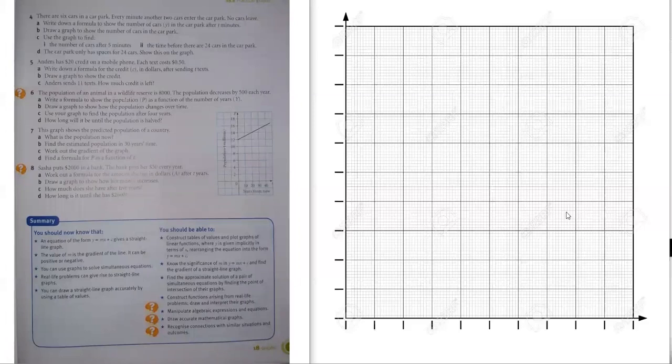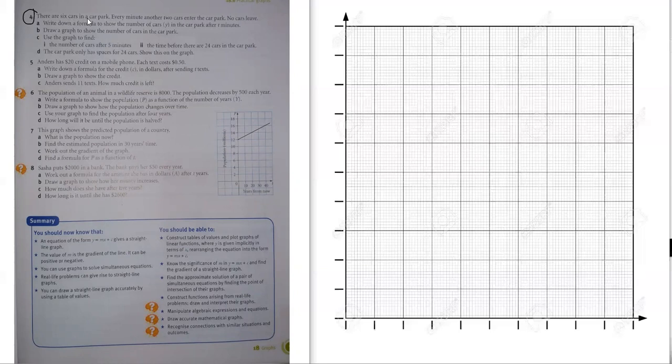So on this graph, I draw it nicely, but I don't think I can draw it because I don't have a ruler here. Okay, next, let's see question 4. There are 6 cars in a car park. That means originally